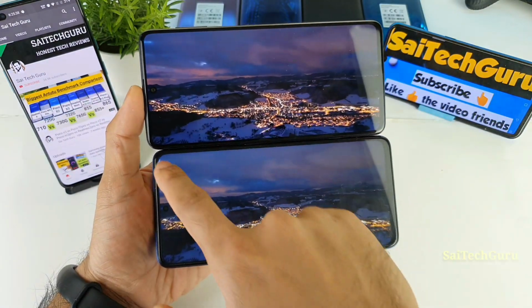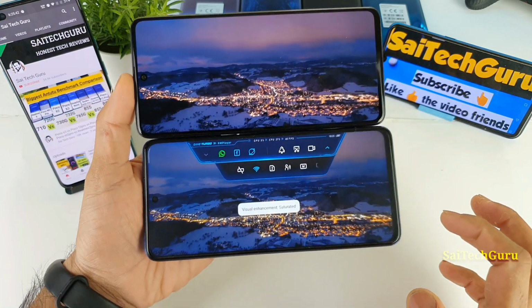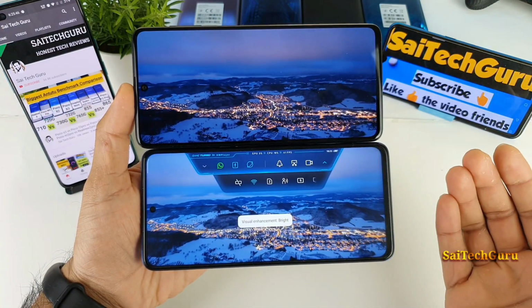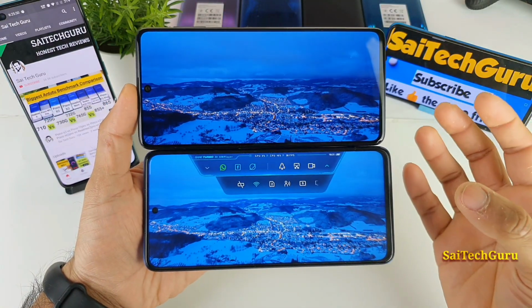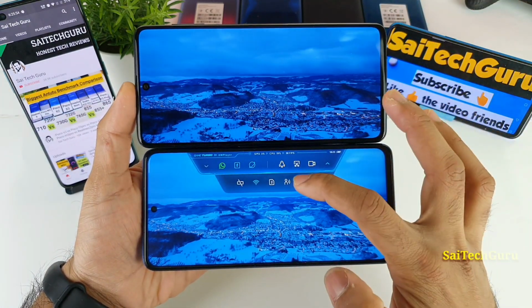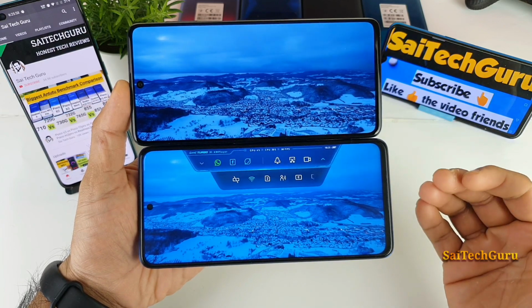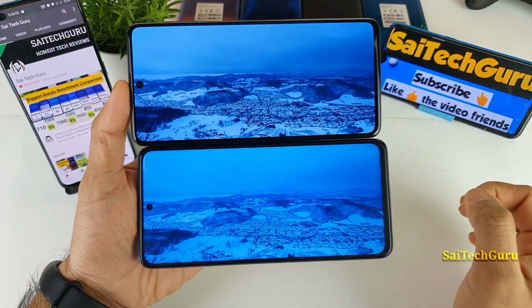Now let me enable this enhancement visuals which is present here. As you can see right now, let me increase it. Did you see the difference? You just saw how much brighter the screen became. You can see how bright it is right now. This is the fourth step. The fourth step is increasing the enhancement and making the video much brighter, as you can see, friends.